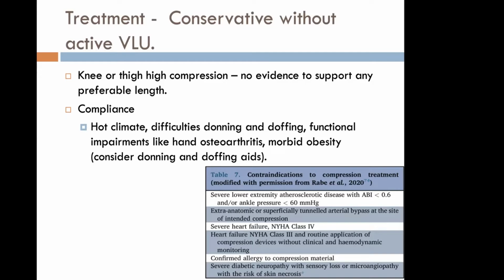Now, compression stockings, rather compressive therapy, is contraindicated in very few patients. Patients who have severe peripheral arterial disease, where the ABI or ankle brachial pressure index is less than 0.6, or those who've had previous bypasses where